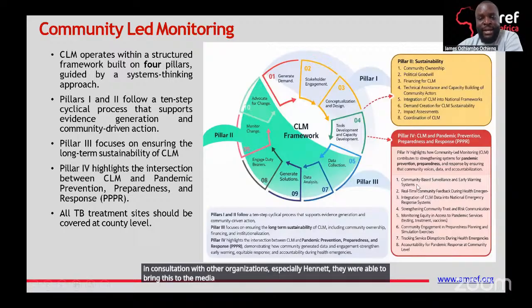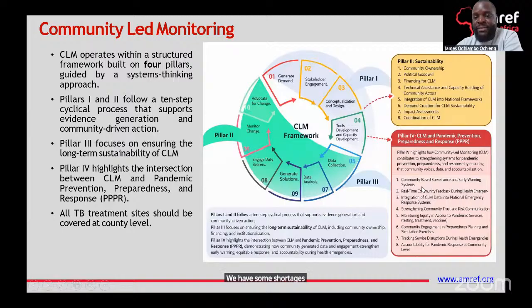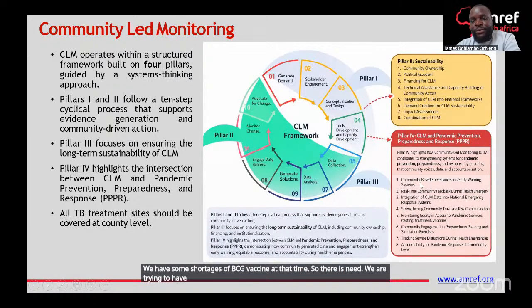And I think at that point, even the government owned up that indeed we had some shortages of BCG vaccine at that time.